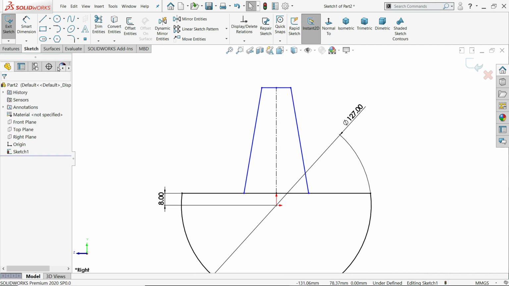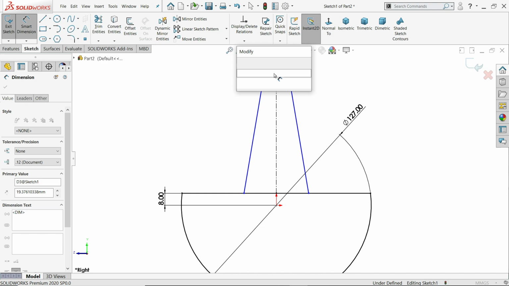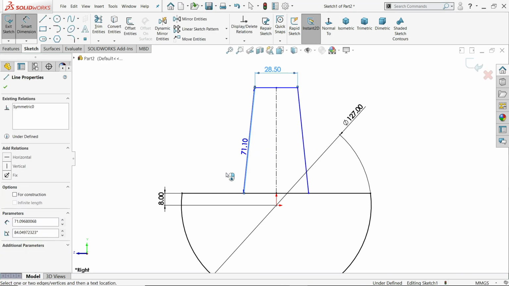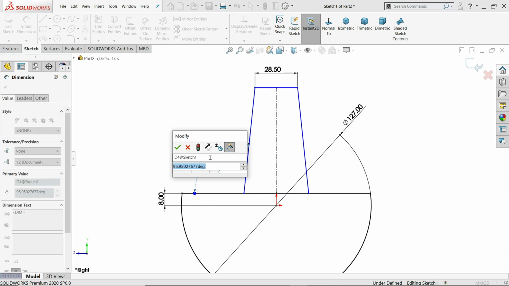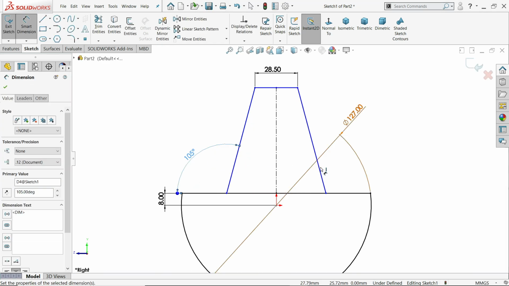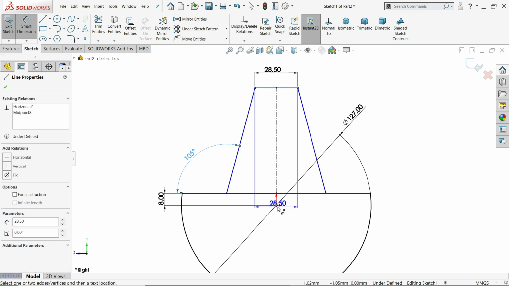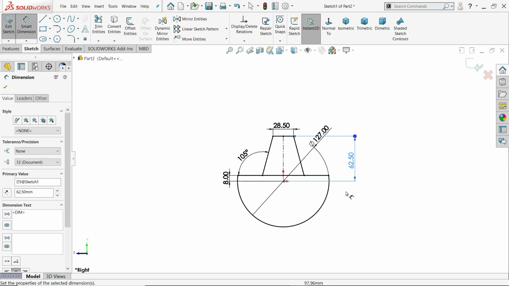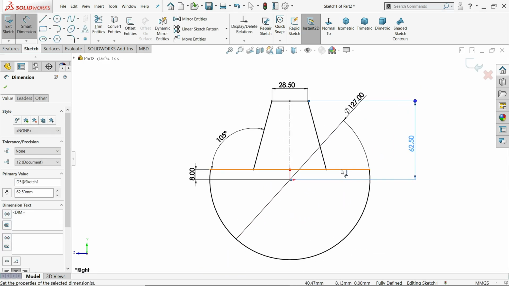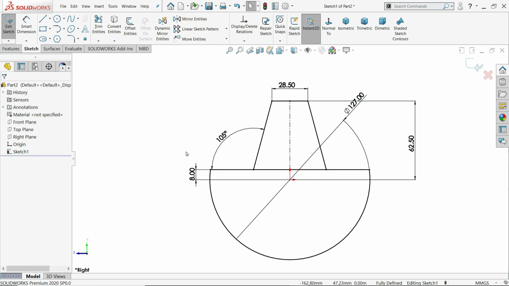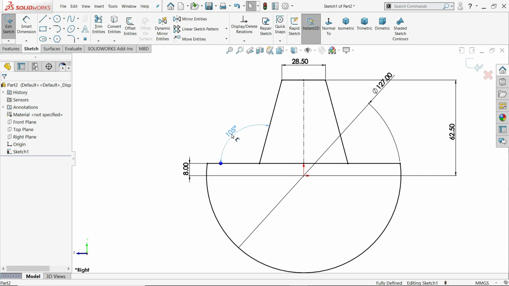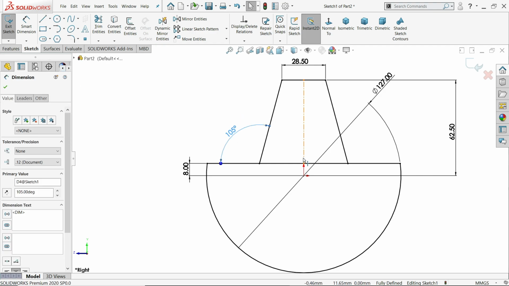That's fine. 28.5 millimeter and the angle 105 degree, and distance from origin point or center point 62.5 millimeter. You will see here it is a fully defined sketch. Even though we can trim it, it is better to keep it, otherwise it will lose some relations and again you have to put some more relations.